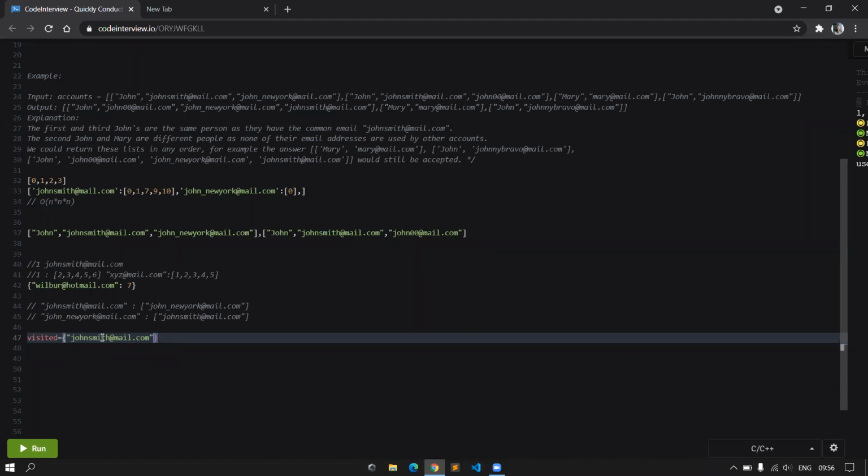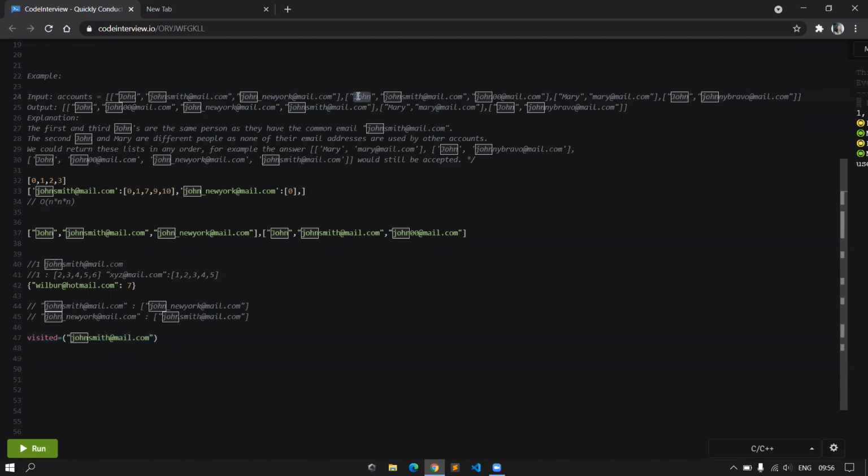Yeah, we can use a set in place of a dictionary as well. Yeah, so if a string is already present in my set, this means that it has already been visited. So I don't have to do a traversal here again. And this means that my current string, John, would already have been computed in my previous iterations.